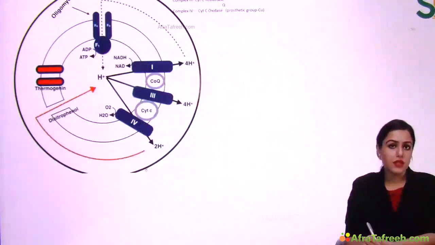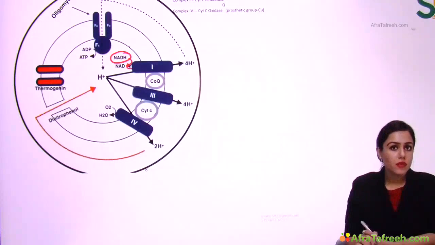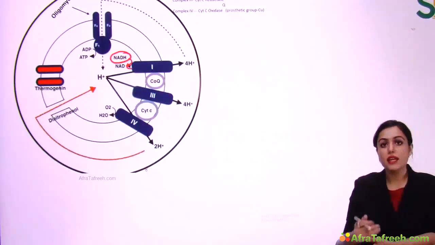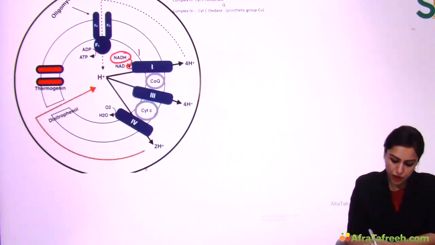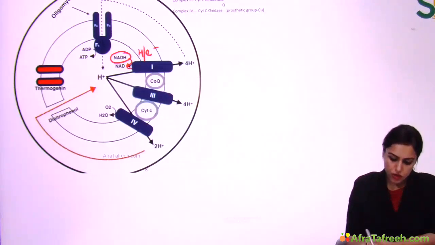Now let's start ETC, and ETC starts from NADH. So starting from NADH gets converted to NAD, NADH to NAD, removal of hydrogen. So this is oxidation, that is NADH gets oxidized. When NADH gets oxidized, there is removal of hydrogen or electron. If you remember, I have told you hydrogen or electron is one and the same thing, right? There is removal of electron. Now this electron is given to complex 1, then coenzyme Q, then complex 3, then cytochrome C, then complex 4,